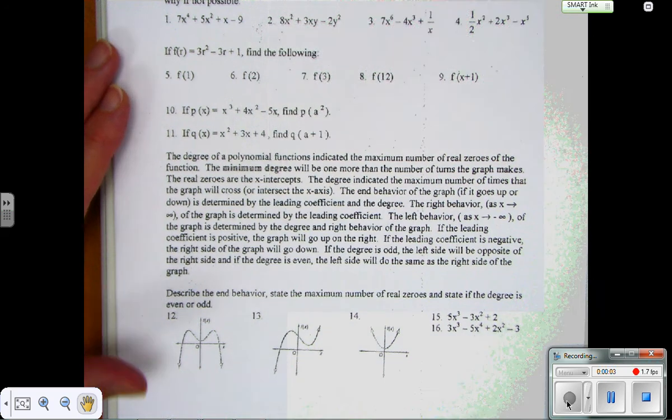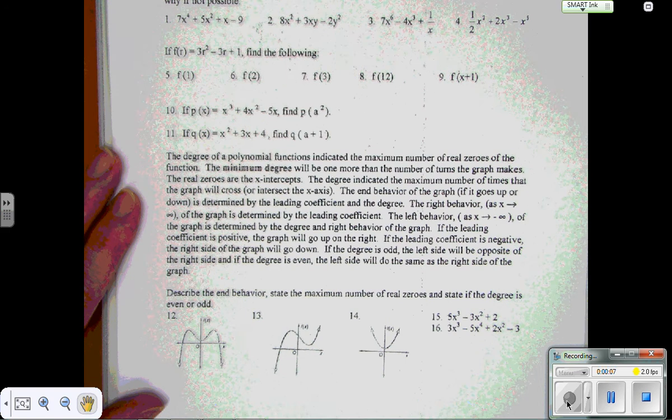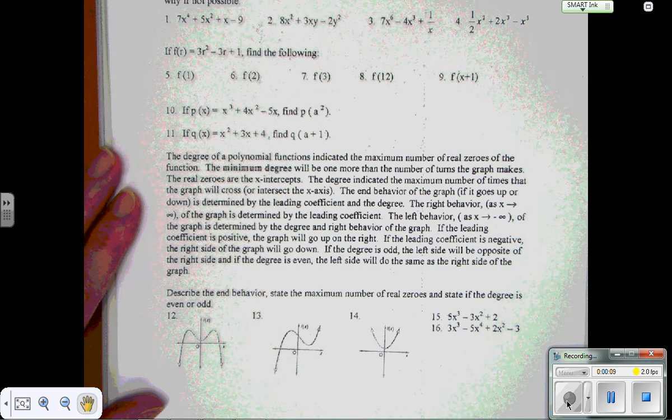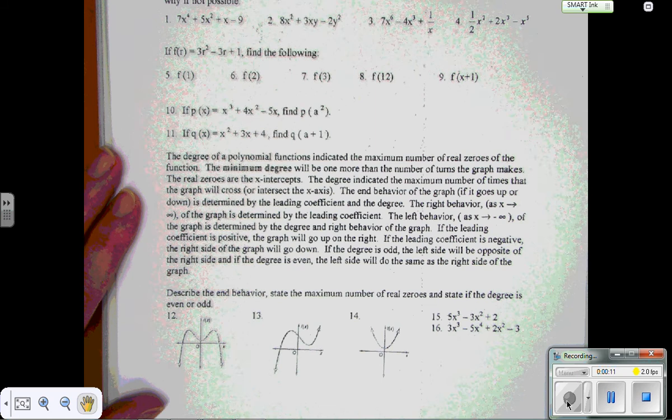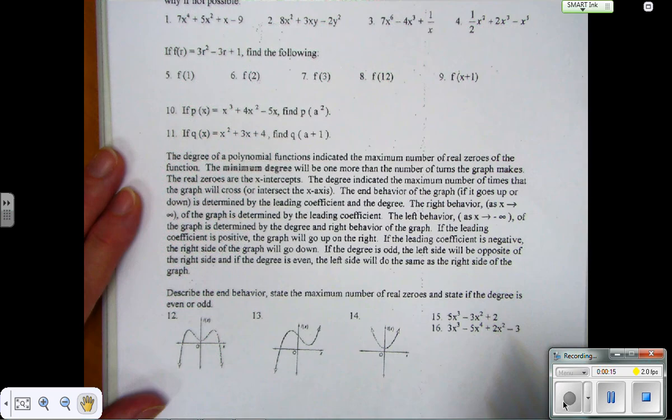Okay, let's finish up the rest of these notes. We are going to do number 11 in class, so I'm not going to worry about that one. I know you're probably curious about 10 and 11, but we'll do one or both of them in class. Okay, so reading the notes from here,